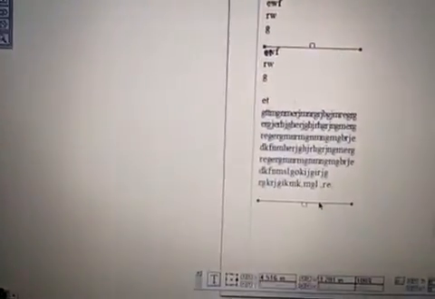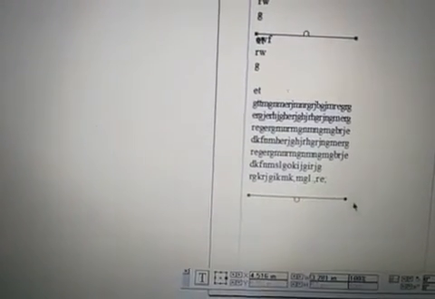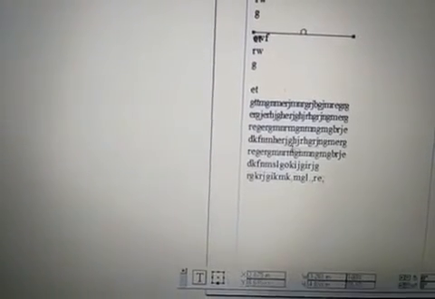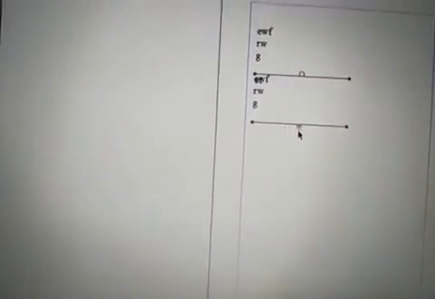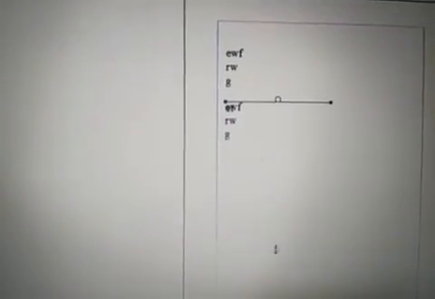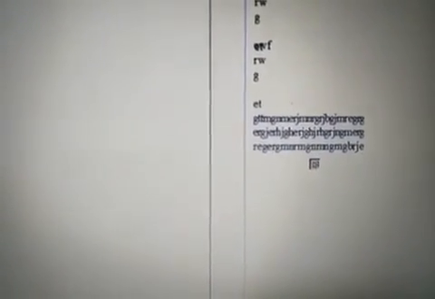You can see here, I'm just moving this up. So I am reducing the text block size. Now you can see the red triangle at the bottom. After moving the handle down, I can extend the text block. Or if I don't want to extend the text block, I can click the red triangle so that the cursor changes into loaded text. So I can add the same text in the next page also.